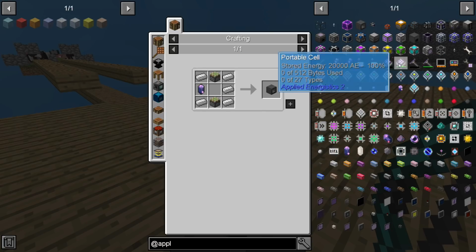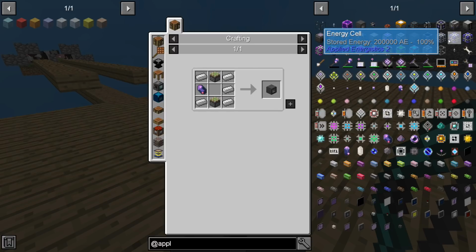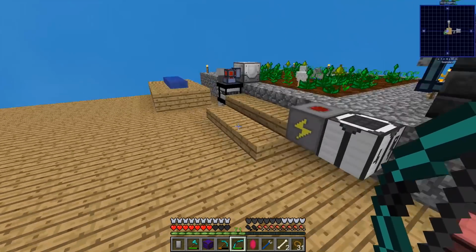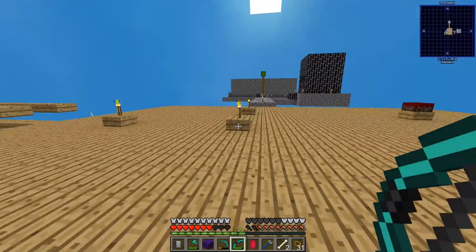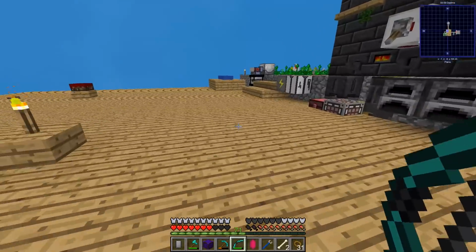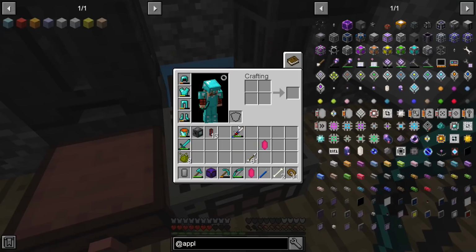But there's no controller because you don't need it. All you need is some energy storage cells, and you need to store a bunch of energy in your network, so you could do things like shift-click stacks of items out. But channels are disabled, so we can make this awesome Applied Energistics system and never have to worry about it. Yeah? Yeah. So I think we just need to...